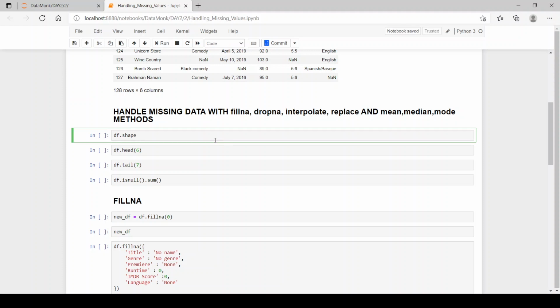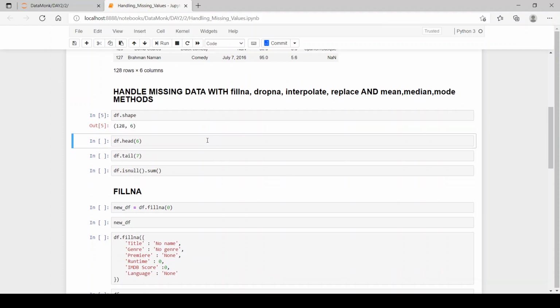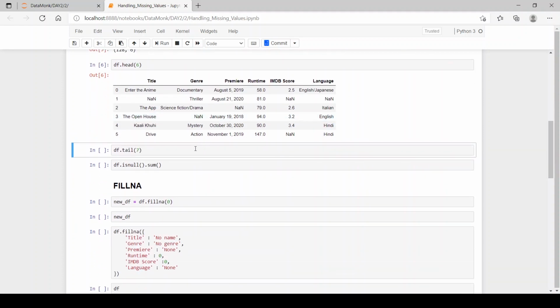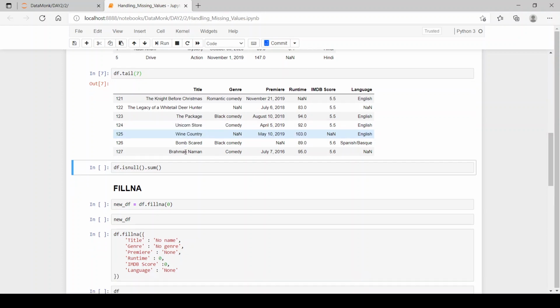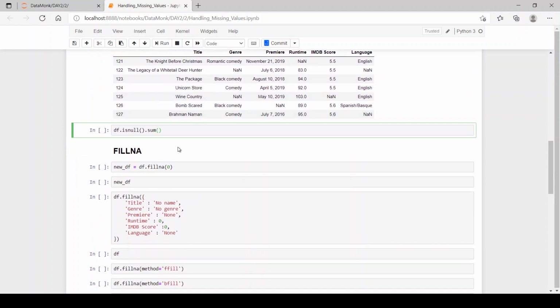So let's see the df.shape. We have 128 rows and 6 columns. Then let's see the head, the first 6 rows, then the tail, the last 7 rows in the data frame. Then let's see how many null values we have in each column.